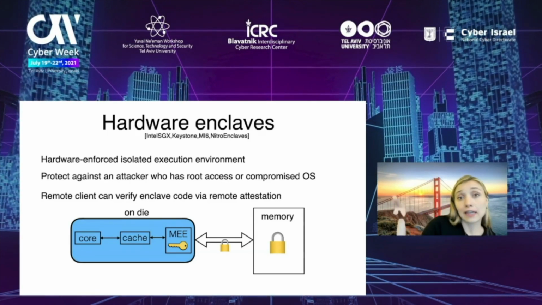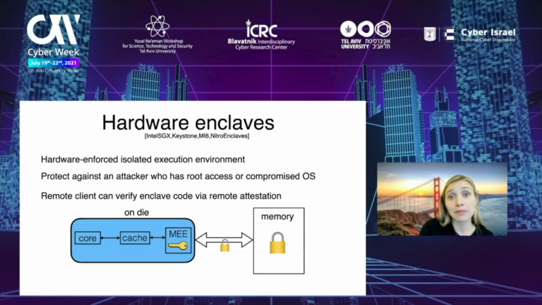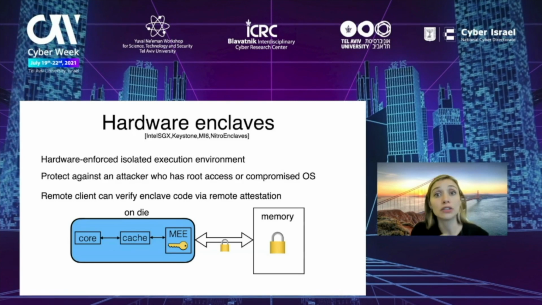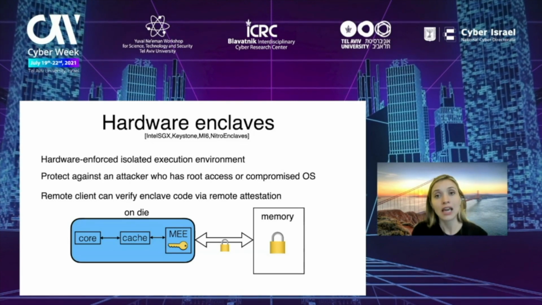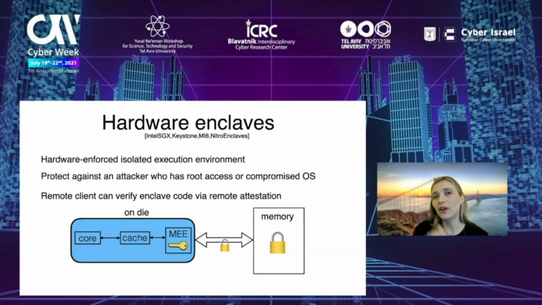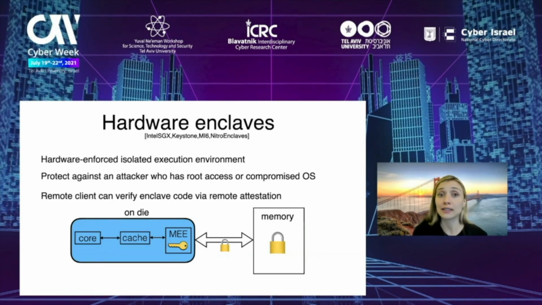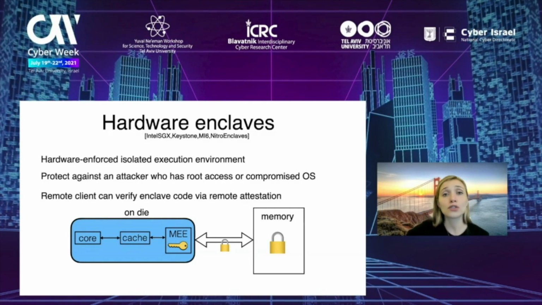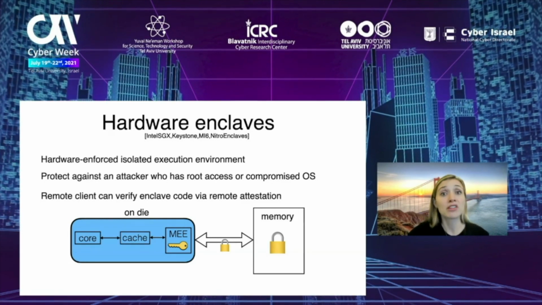Now, whenever the data comes back into the processor, this MEE can decrypt it so that the core can compute on the regular data, unencrypted data. And this is why it's very, very fast. Okay, so it's fast because you can compute on regular data inside the processor, but it also provides strong security because to any software on the machine, main memory is encrypted.